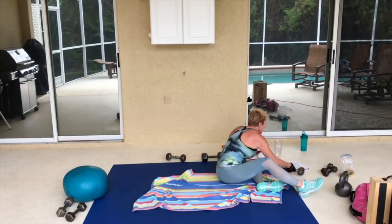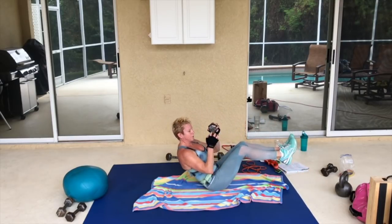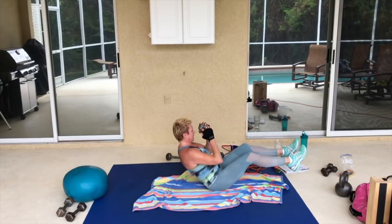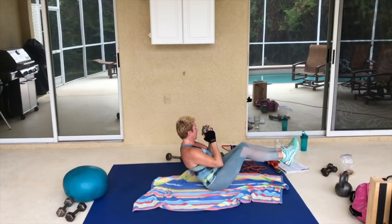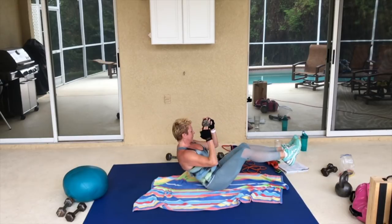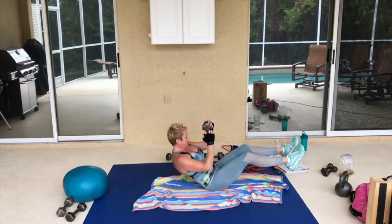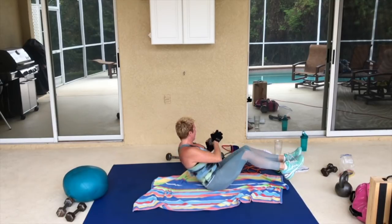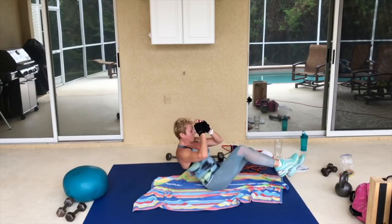Oh, okay. All right, boat pose. Right leg in. And twist that elbow to the right knee. If you don't want to do a weight,